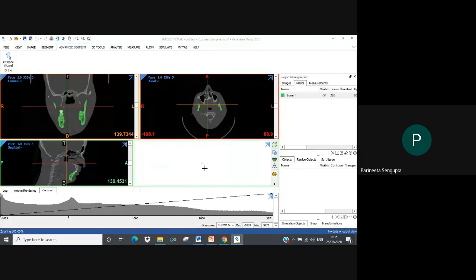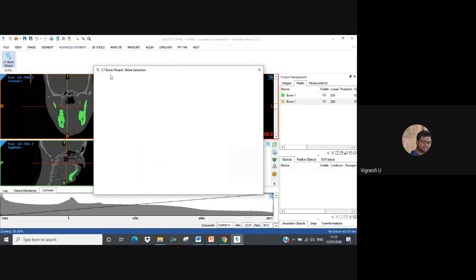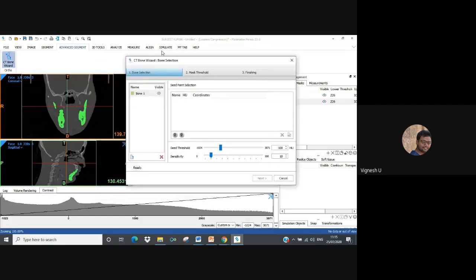Yes. So when I go to the bone section here, you see there's a bone mask created. What I'll do is click on any point that I want to work with. So I'll have to first create a seed at the desired seed point. So let's say we want to take the maxilla now.